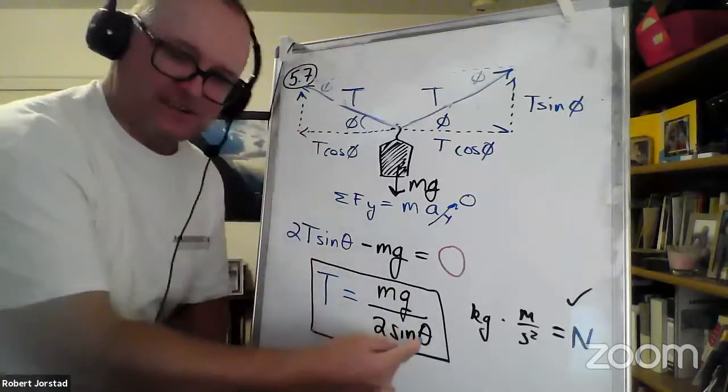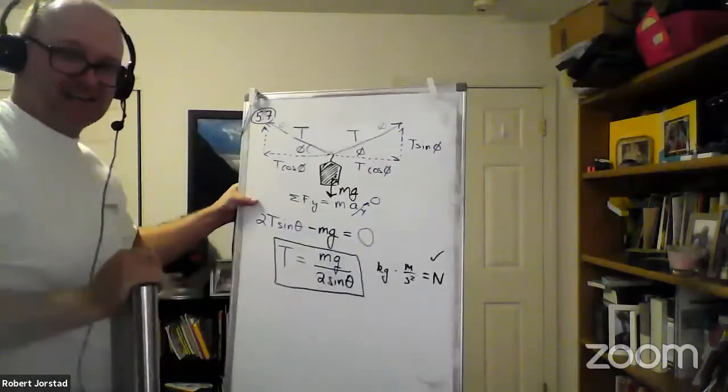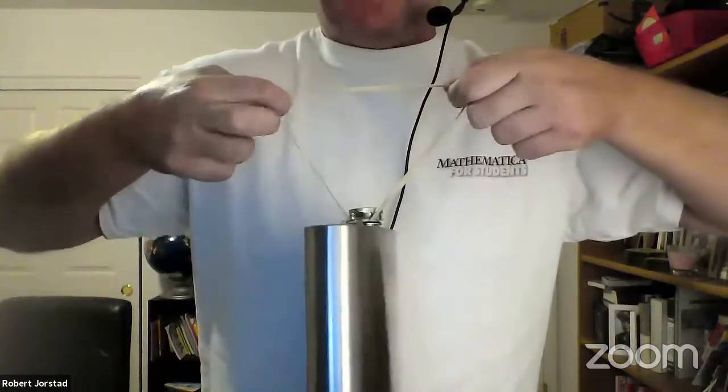What is sine of 0 degrees? That's 0. So what's mg over 0? Undefined. Okay, let's see. Now think about this. What we see is the closer the angle gets to 0, the more tension you have. Look at the angle, and I'll try to get my shirt out of the way, which allows you to see the rubber band here. So as I pull this out,